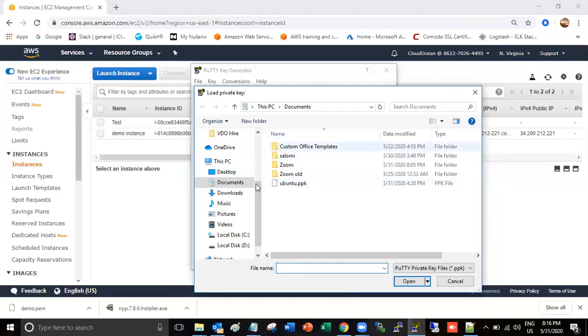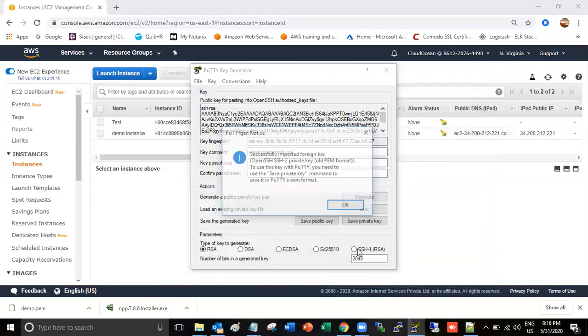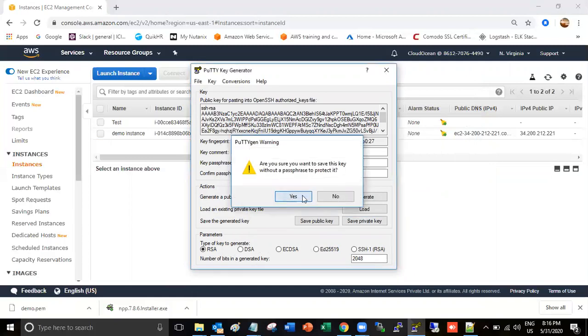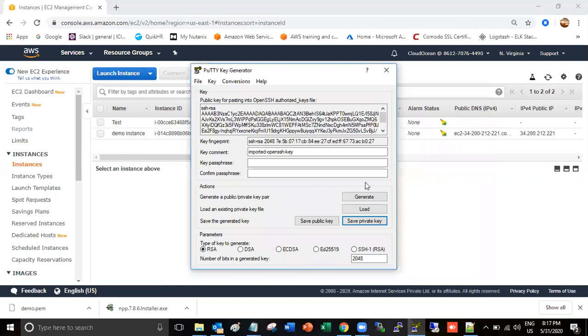Select demo.pem, open it and save as private key. Yes, demo.ppk.